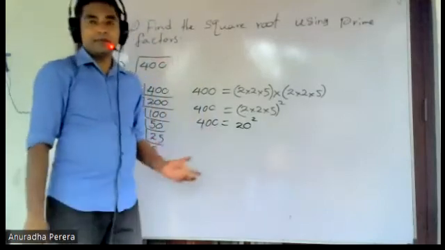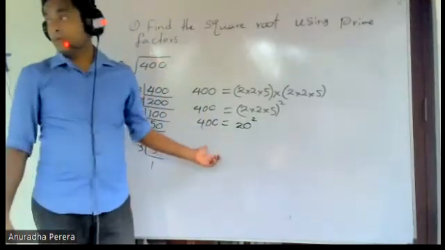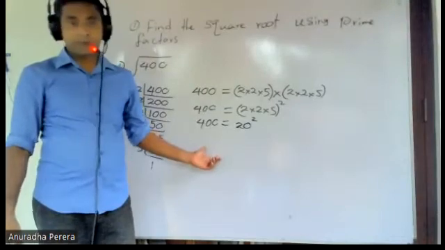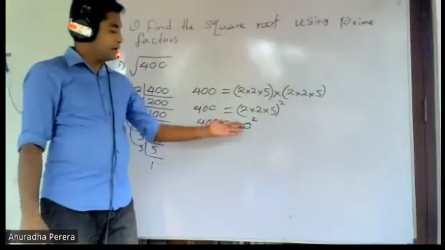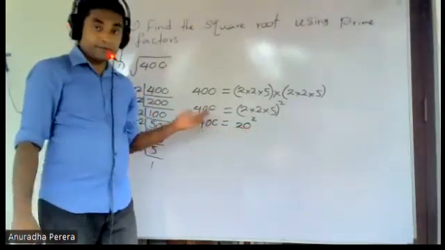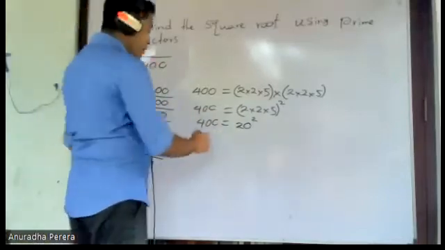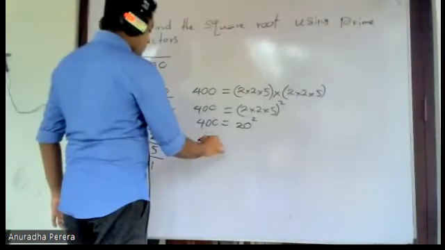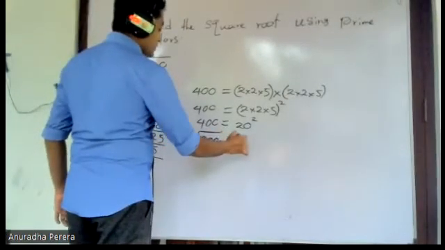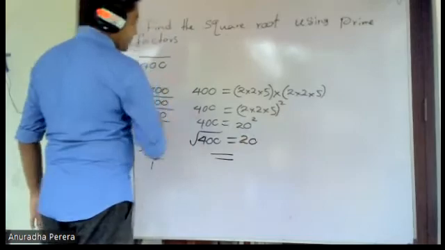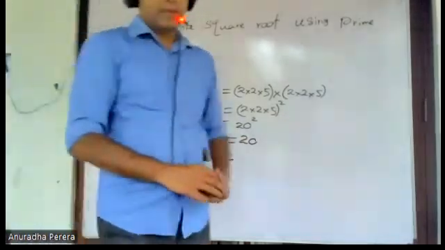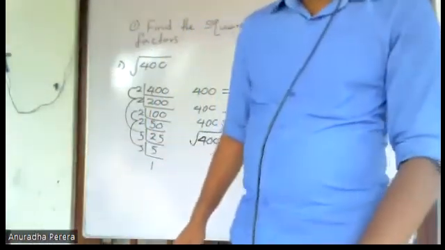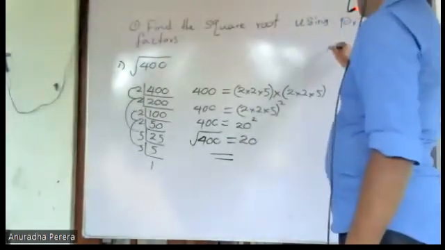Right? According to the definition, we know the square of 20 is 400. So the square root of 400 is 20. We take this from the definition. Then the square root of 400 equals 20. That's the way. I think this is not a big thing. Write it down, I will give the problems. Right? After writing this,